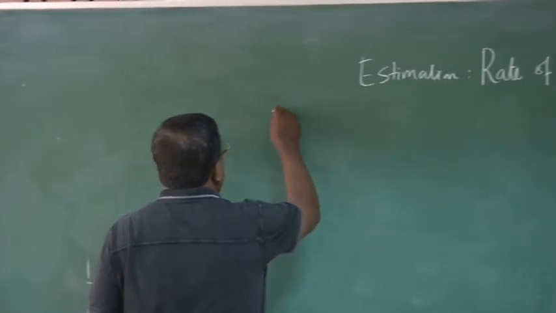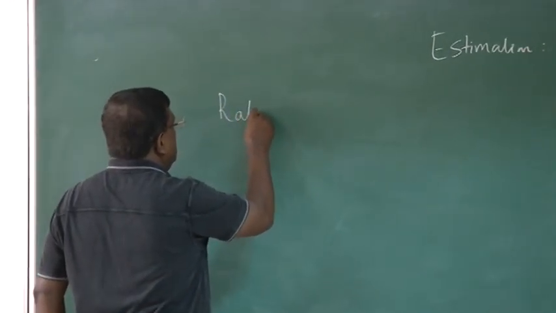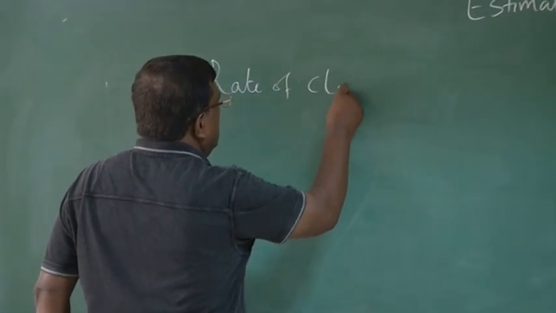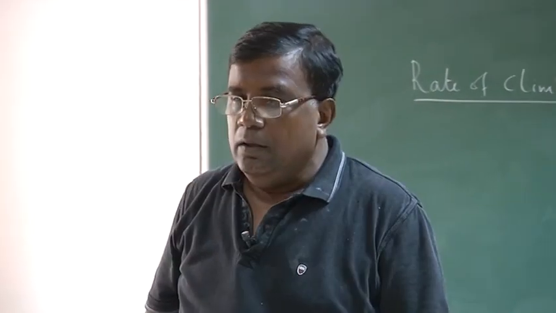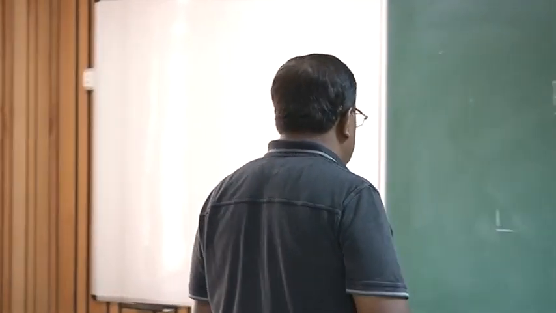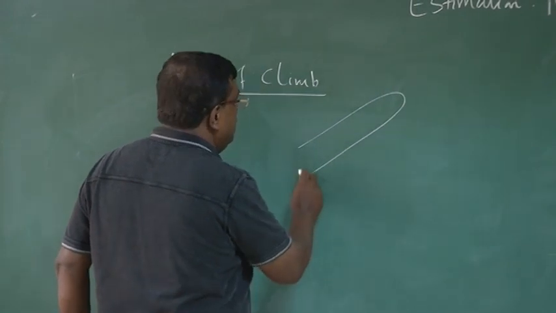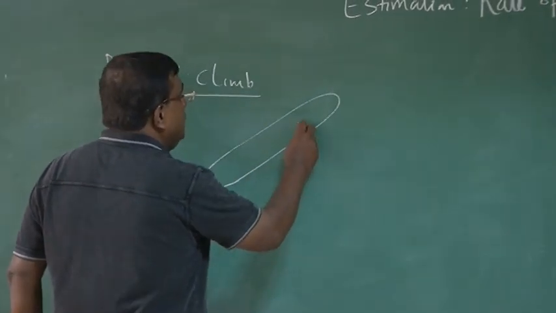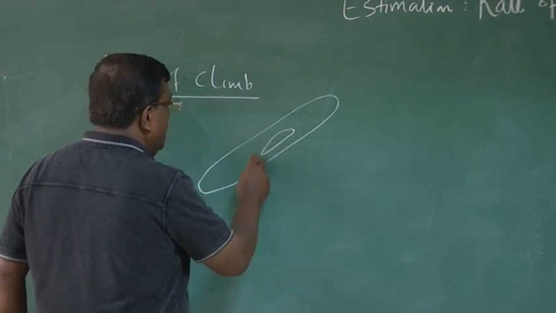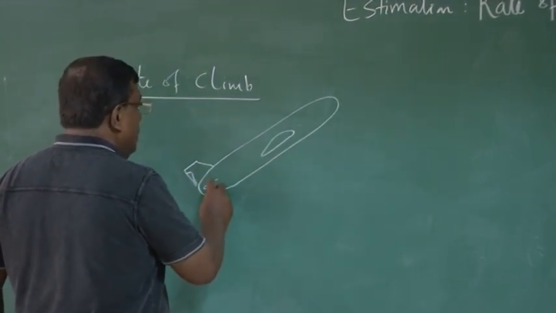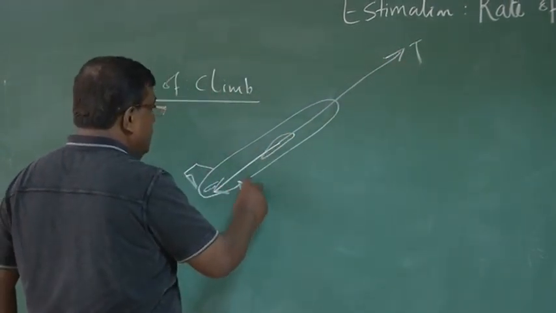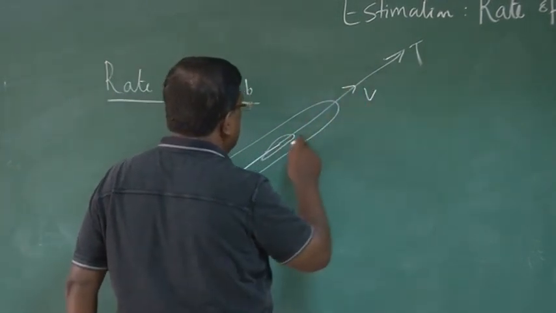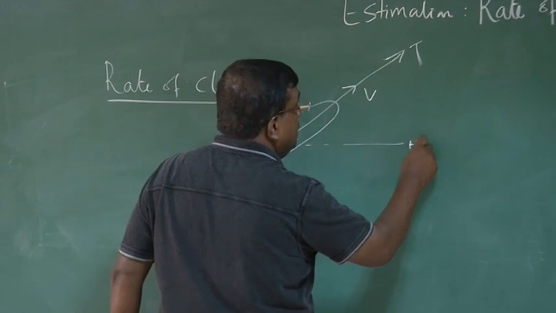What do we understand by rate of climb? So far, when we are talking about rate of climb, please remember we are talking about unaccelerated flight, that is rate of climb at constant velocity. If I again draw this diagram, this is the thrust, this is the drag, the velocity here, this is the horizontal,